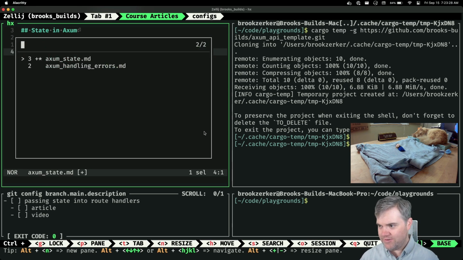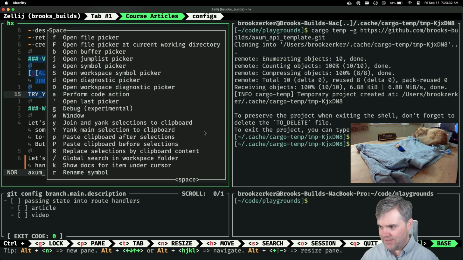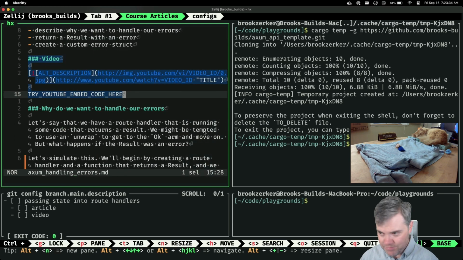Oh, I tried to paste it, but I guess I deleted something somewhere. Oh, you know what I did? I did the space Y. That's what I did.